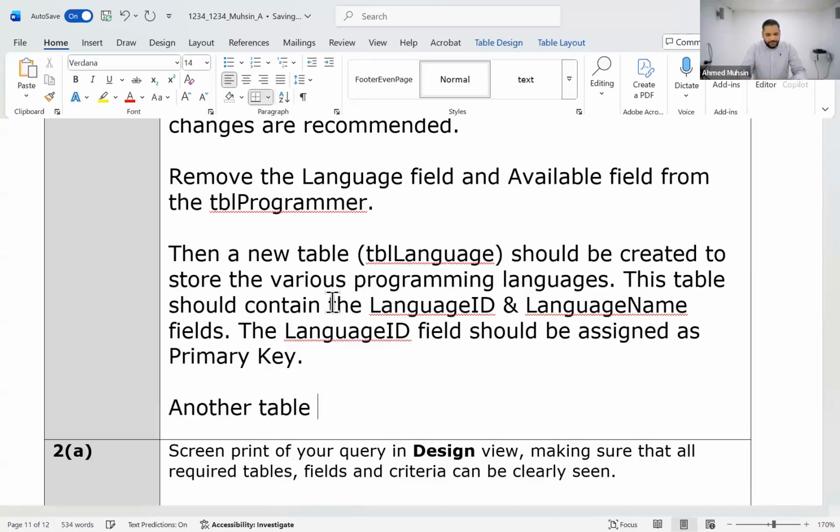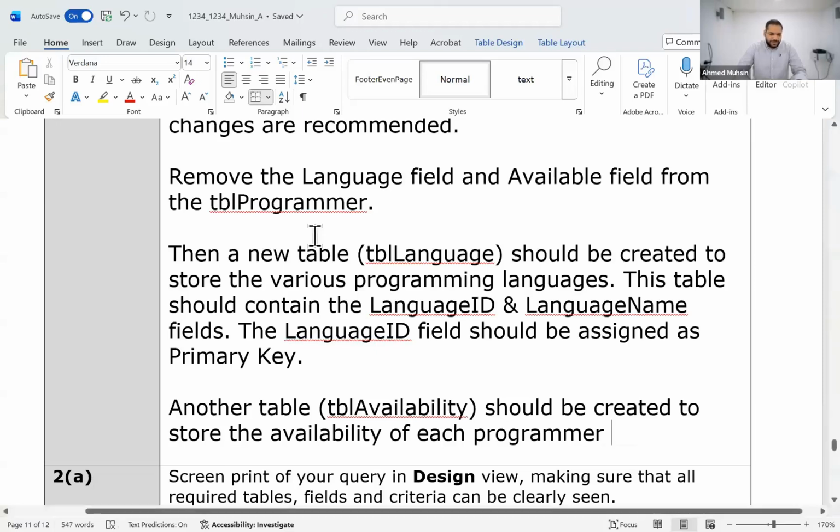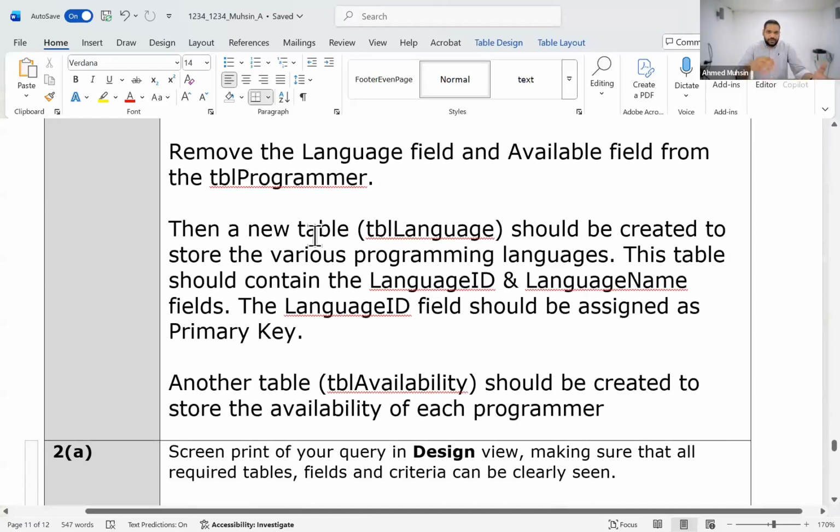Another table called TBL availability should be created to store the availability of each programmer. In respect, no, how in respect is the right word. The availability of the programmer,